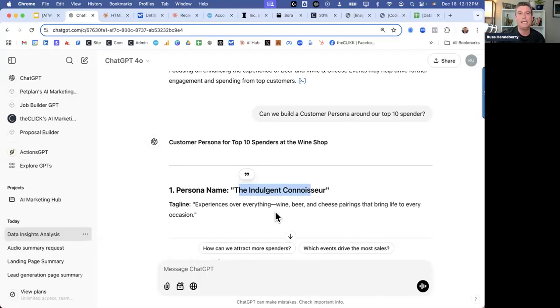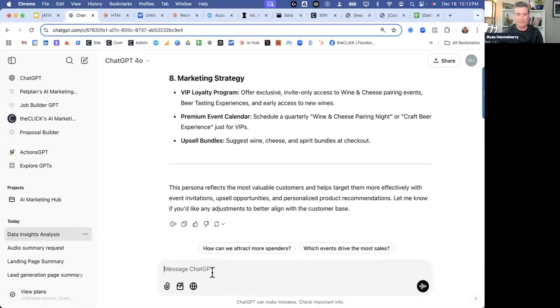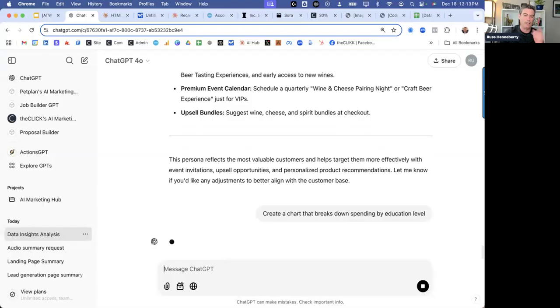So this is data, and just real quick, I might say, create a chart that breaks down spending by education level. So another thing you can do with data is you can ask the AI to build graphics and charts and stuff like that.